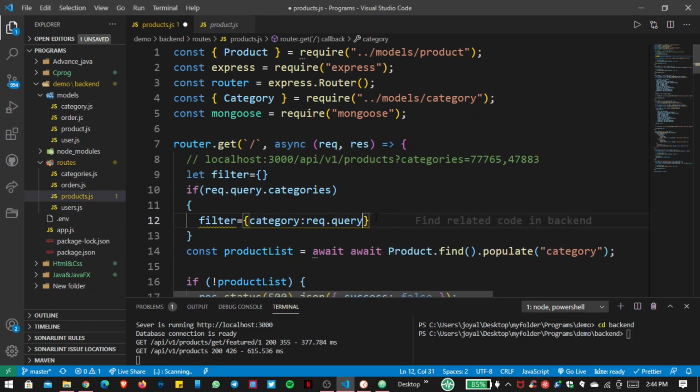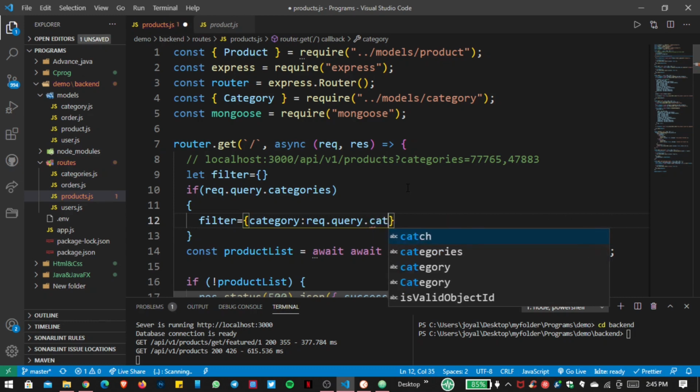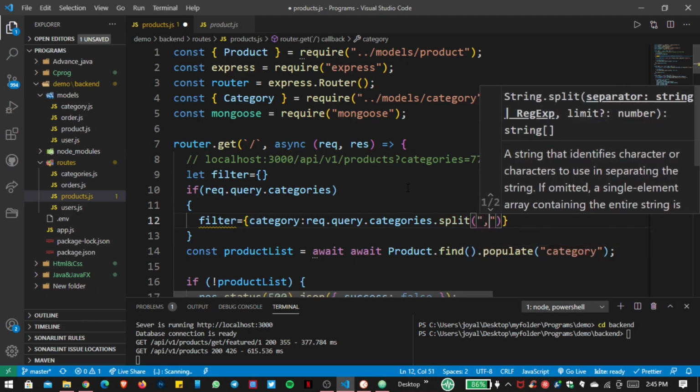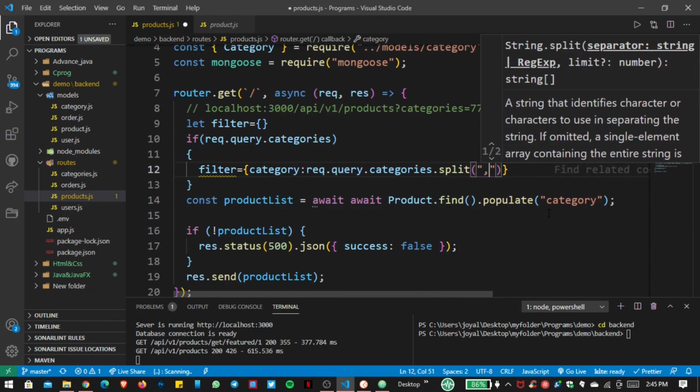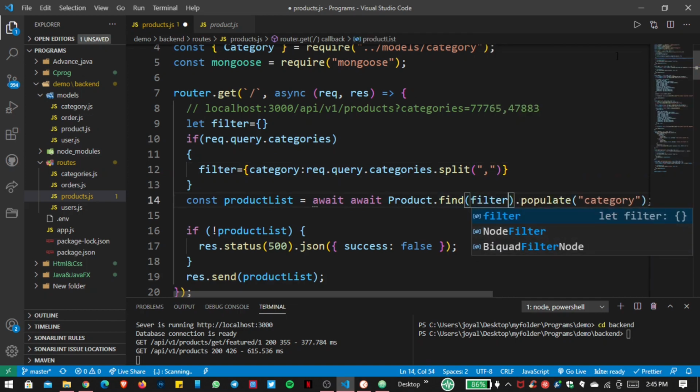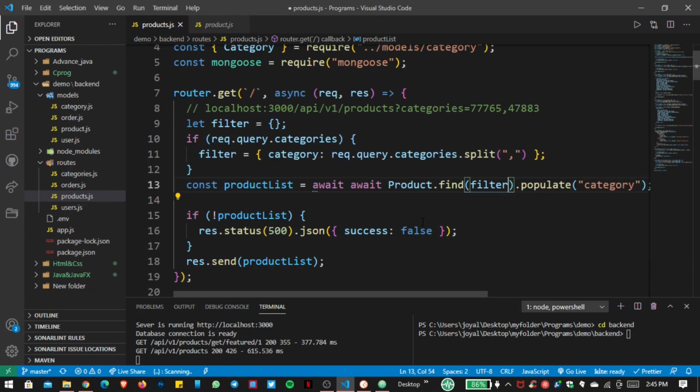Remember, earlier we pass request dot body or request dot params, but here I pass request dot query, then categories, and we have to split our categories with this comma, and now these things are right, but inside this find we have to pass our filter. So now save the file,